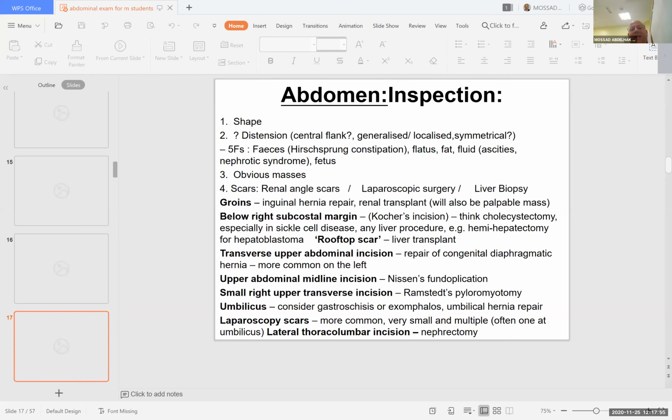I mean, if you find the abdomen distended, many candidates say there is ascites, even before doing the shifting dullness and the transmitted thrill. Distension can be 5F, this is your basic medical science you just finished a while ago, and you just passed the initial GRO or first GRO exam. So it could be constipation, abdominal distension and malabsorption. It can be a bit of obesity and Cushing syndrome. It can be fluid like ascites. So remember, it is not single.